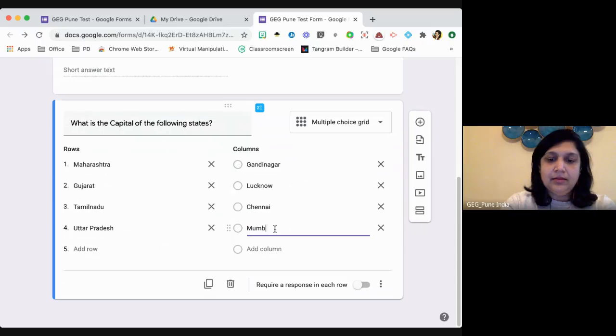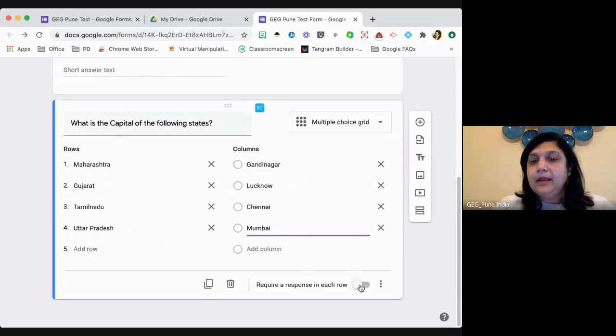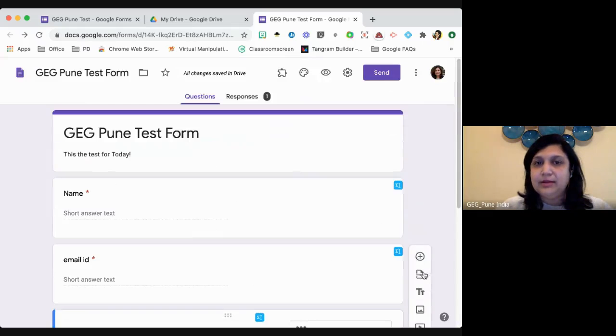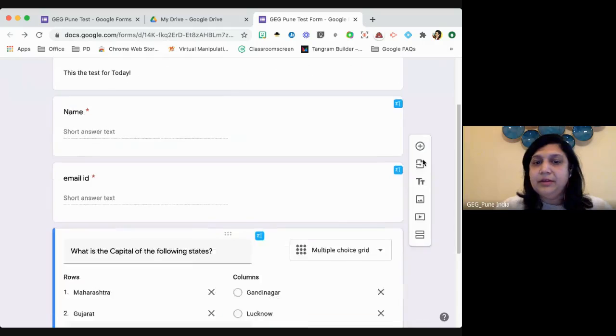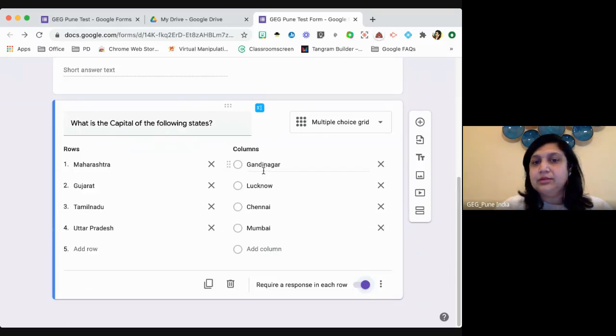Mumbai. Okay. Right. I will make this also compulsory. Okay. And now let us see how this one looks like. I have completed this form. These are my rows. These are my columns. But because I picked a multiple choice grid, let's see how this question will look like